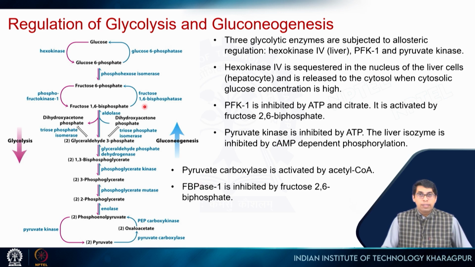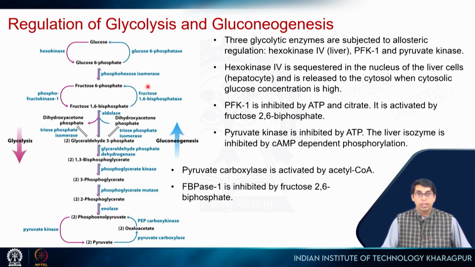For gluconeogenesis, pyruvate carboxylase, this enzyme is activated by acetyl coenzyme A. So, again, presence of acetyl coenzyme A means that there is enough energy. These are high energy molecules, so you do not need to go through glycolysis, you can actually store pyruvate as glucose. You can now store this as glucose and convert it into glycogen and store it in the muscles for